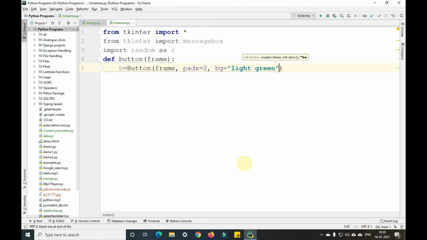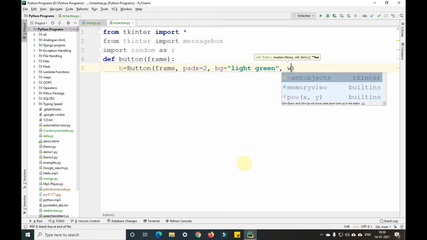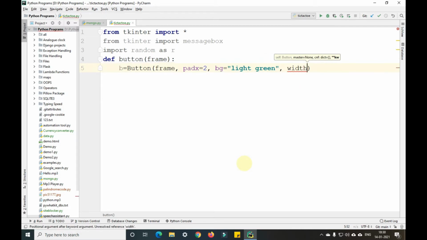Okay, after that we'll give the width equals 3, comma, text. By default the text won't be anything, so we'll give a space and just leave it,